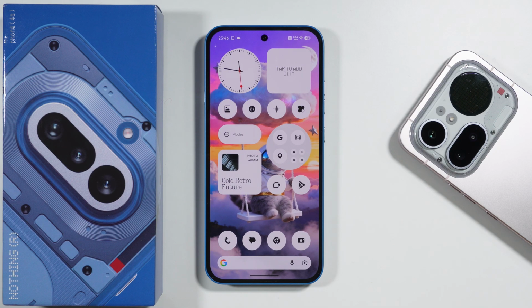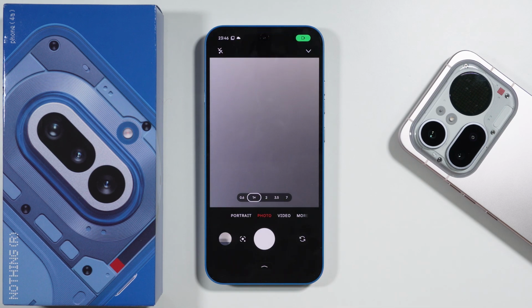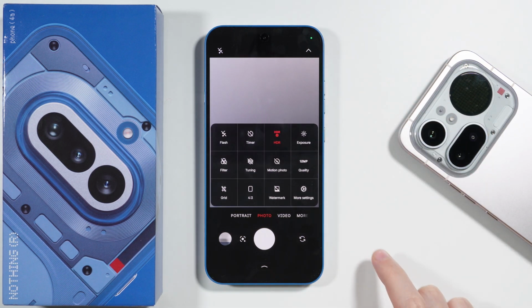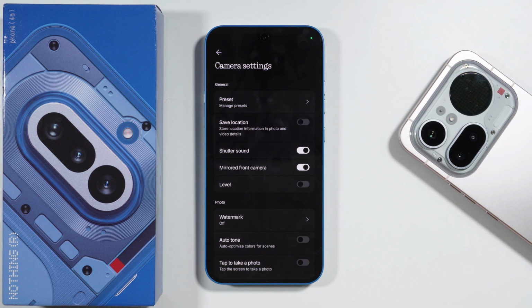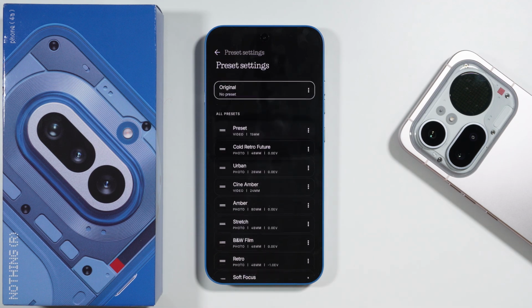Let me show you all camera settings available on a Nothing Phone 4a. So in order to find those settings, of course, we need to tap on this arrow in the upper right corner and go to more settings. So here we have preset settings, where we can find all our presets that we have available